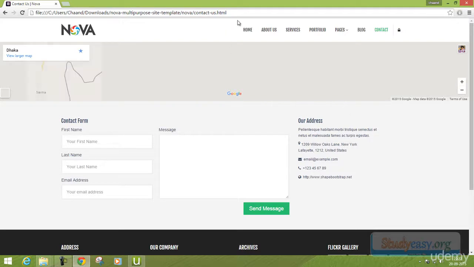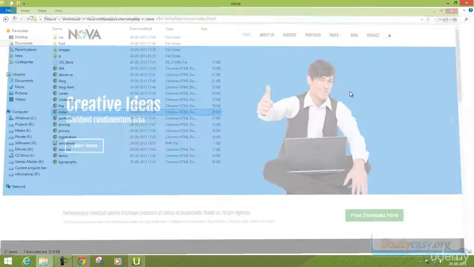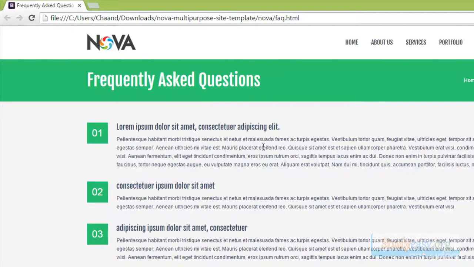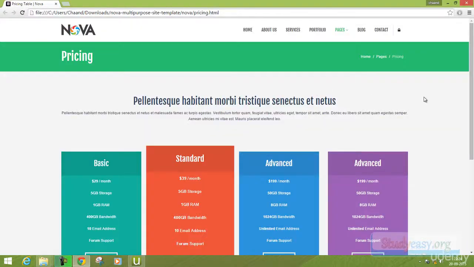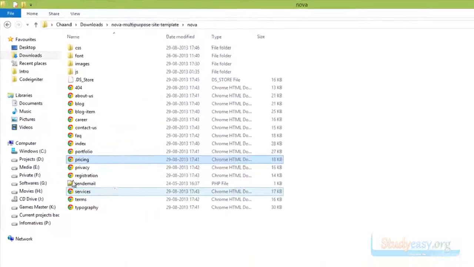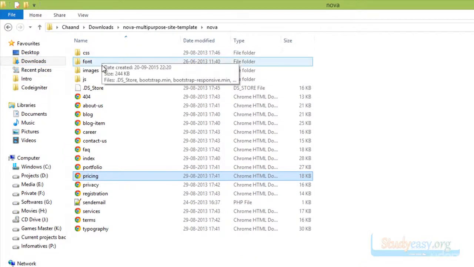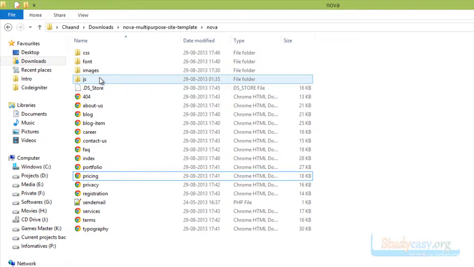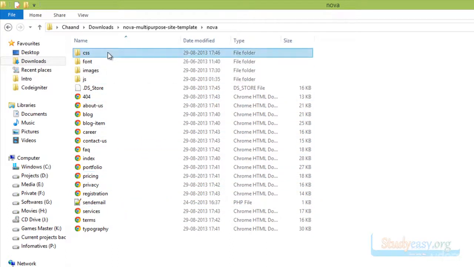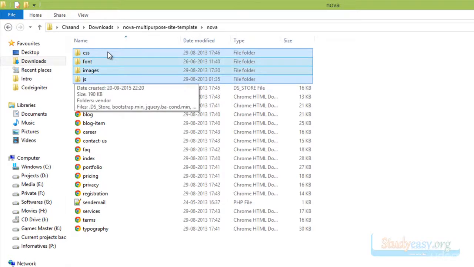Now let's try to integrate the template into the CodeIgniter framework. Now friends, we are executing these files which are getting executed on the web browser. In order to give this website such a wonderful look and feel, we require some additional files, and these files are inside these folders. The folders are CSS, font, images and JS. So these 4 folders are the supporting folders for these files. Notice that all these files and folders are inside a single folder. But when we integrate this with the framework, things will change a bit.